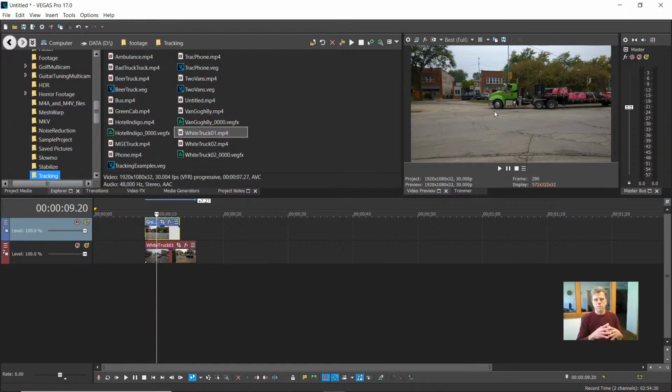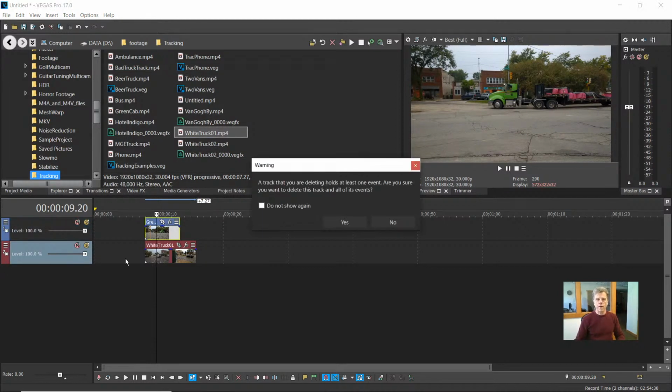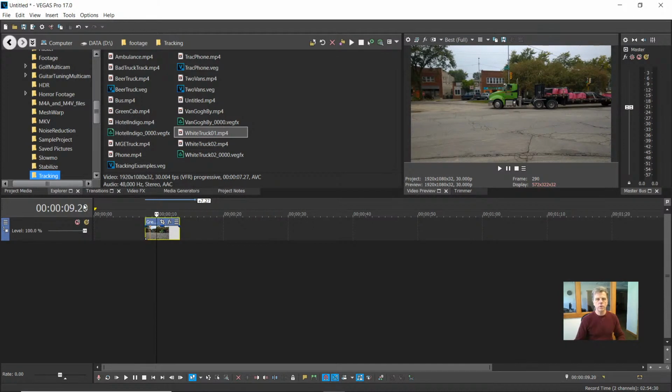So Vegas composites its pieces of video from the top down. It's almost like if you had a stack of papers on your desk, you put one paper down, you can see it, but if you put another piece of paper on top of it, you can't see the one on the bottom, you can only see the one on the top. And so compositing is all about how you can combine the one on the top with the one on the bottom in order to see a combination of both, or pieces of one and pieces of the other all at the same time. Let me get rid of the bottom track here